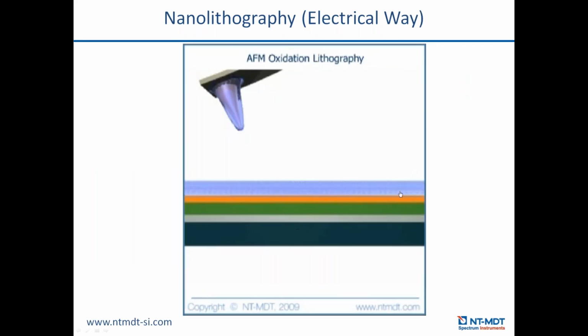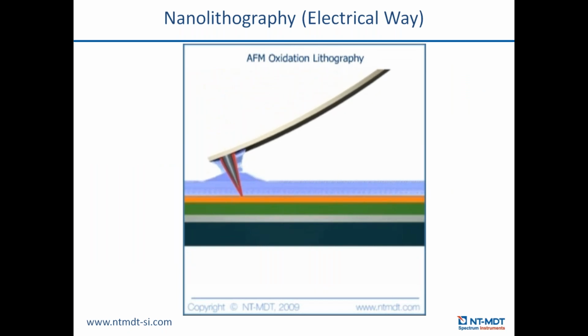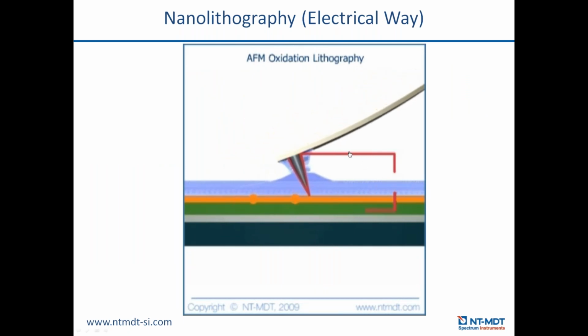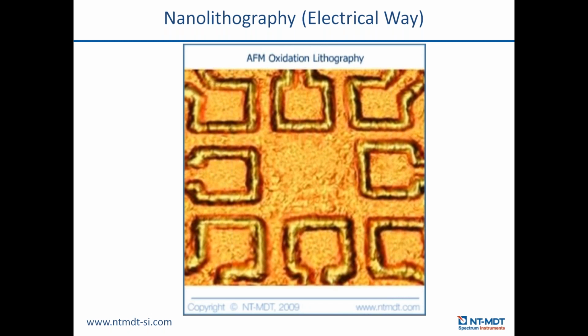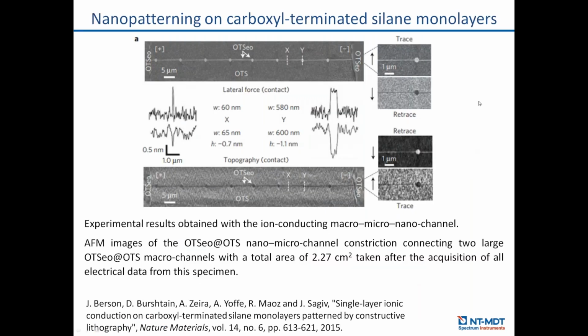So, as I mentioned, together with studying something, you can use AFM to modify your surface with really high resolution. And in this cartoon, you can see an example of AFM oxidation lithography, local anodic oxidation. I always thought that nanolithography is something like a toy. Okay, you can draw something on the surface, show it to your friends, but actually